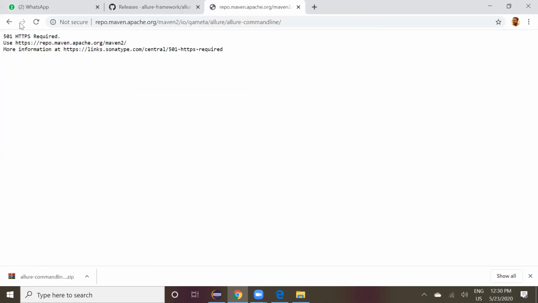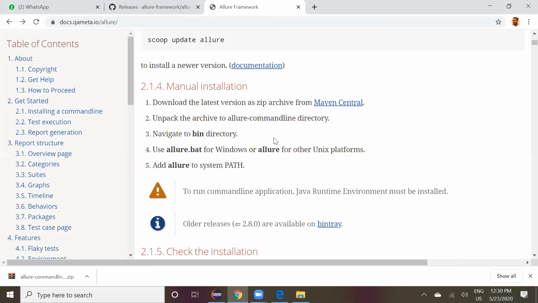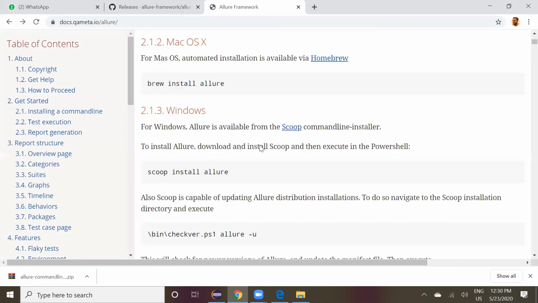Maven Central is what's recommended, but this URL is not working. That's why I went through GitHub. So there are some 2-3 ways you can try the installation. For Mac, you can try this one. Okay, fine, thank you. Okay, you can go to the command line.